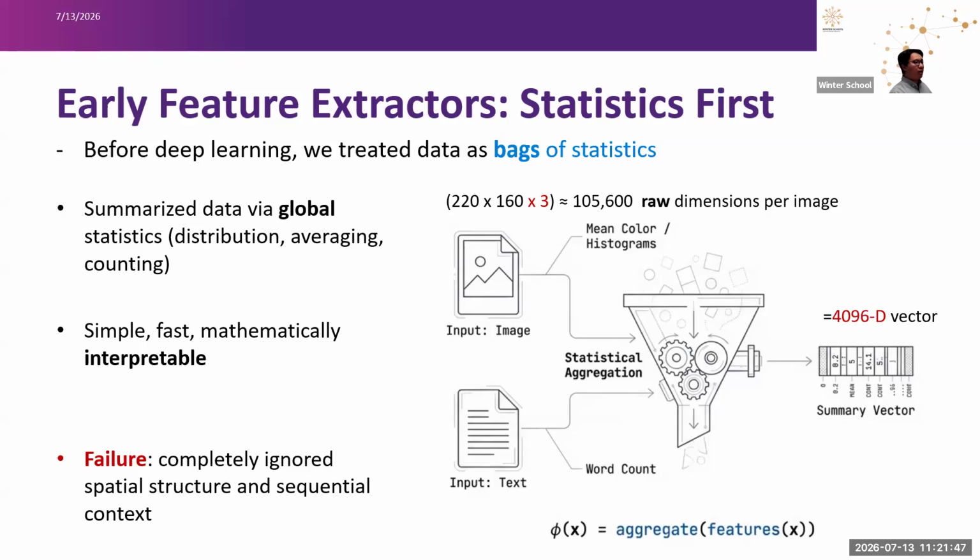So we counted things, we averaged things, and we specified those dimensions. We summarized the data into distribution features and counts. These are so fast, measurable, and mathematically interpretable. But they probably wouldn't work too well for current AI models, because they lose too much of the information. If I just give you images and texts and you're just counting pixels or words, that wouldn't give you any valuable information.